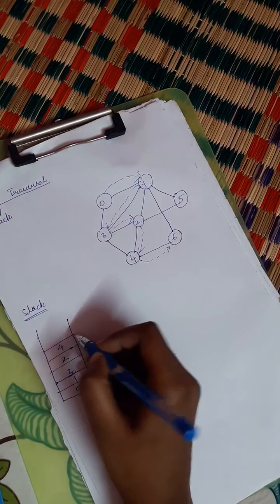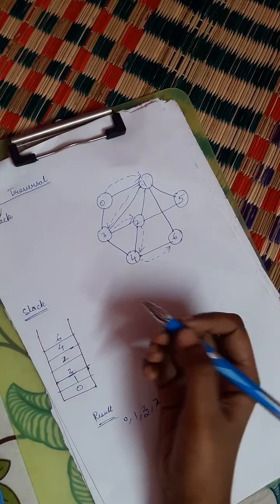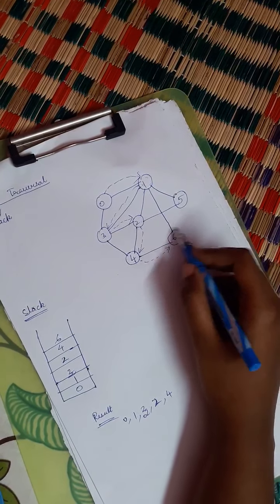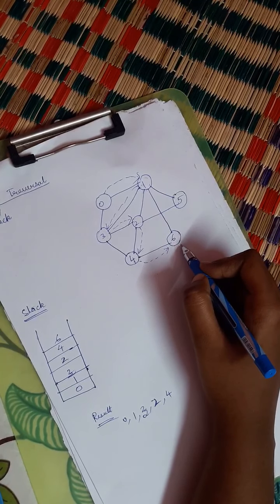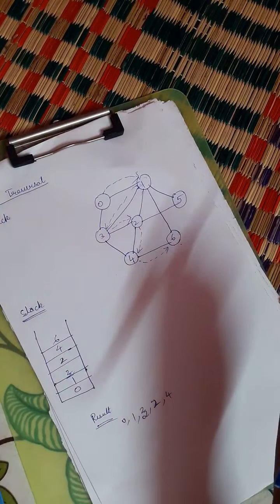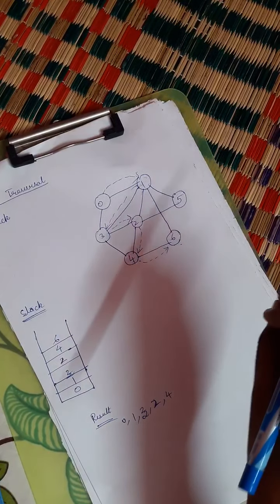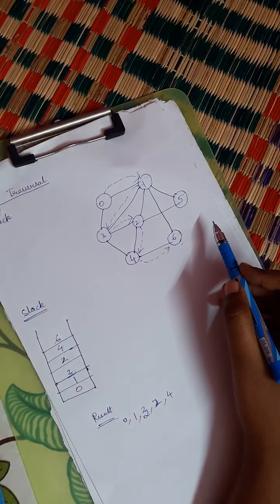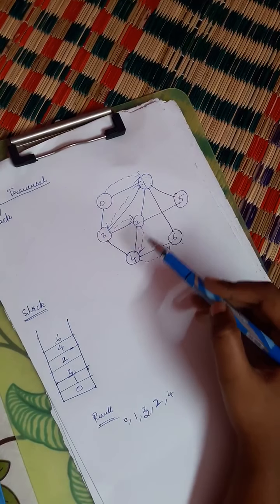So 4 to 6. Then there is no other route, we have come to an end. Depth first search means going from one point to the interior until there is no end, till that we need to go in depth. So that is the meaning of depth first search. I'll repeat the problem again.